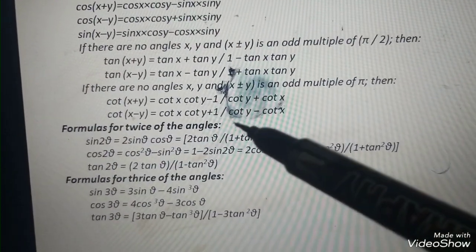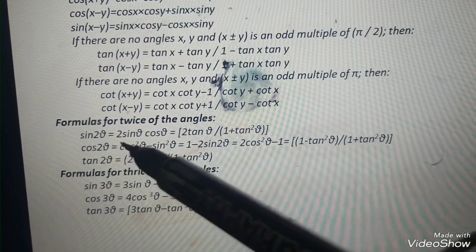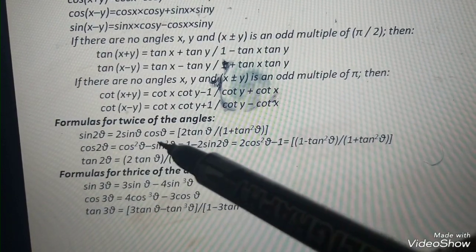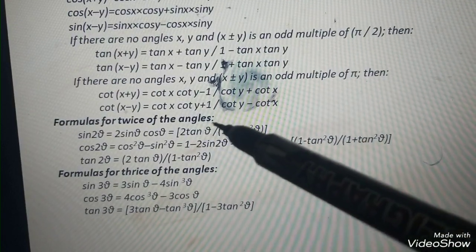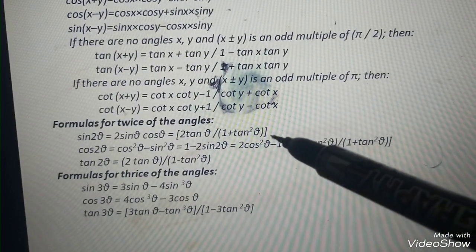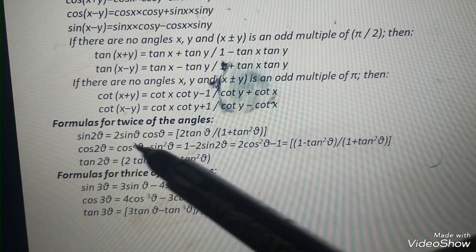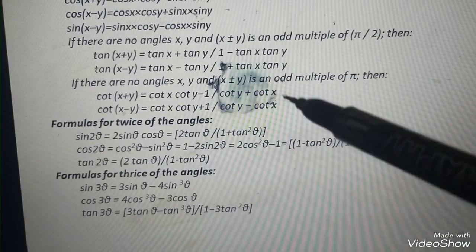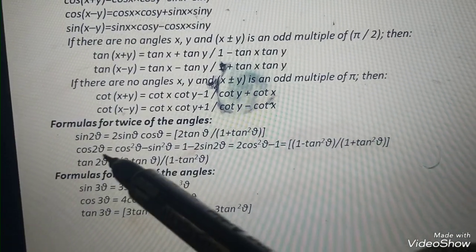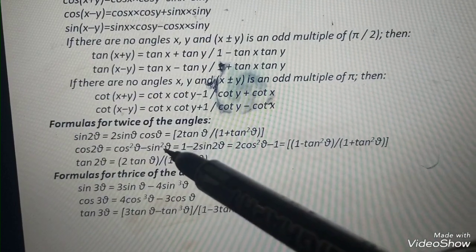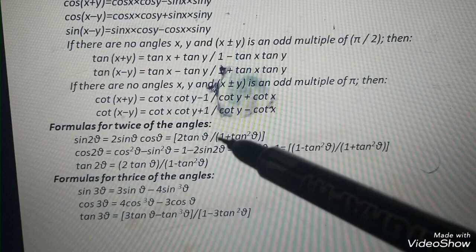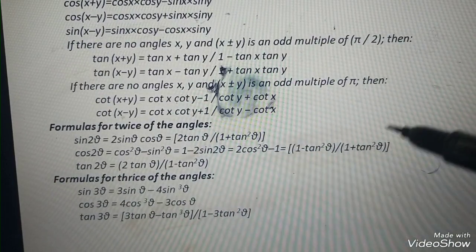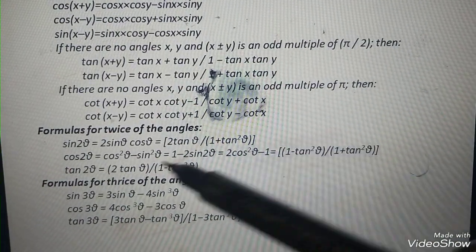Formulas for twice of angles, that is sin 2 theta. These are important, children. Sin 2 theta is 2 sin theta cos theta, and in tan form we write 2 tan theta by 1 plus tan square theta. Cos 2 theta is cos square theta minus sin square theta, and this can also be written as 1 minus 2 sin square theta. And in tan theta form, we have to use this one. Tan 2